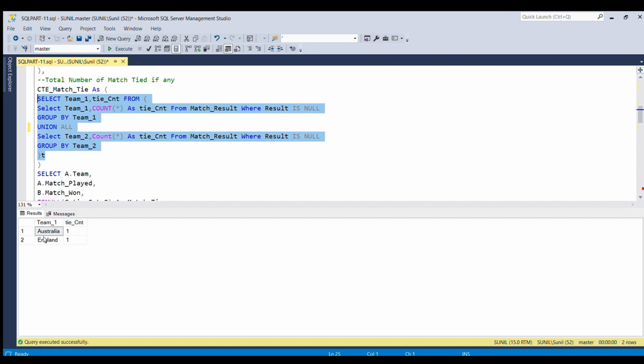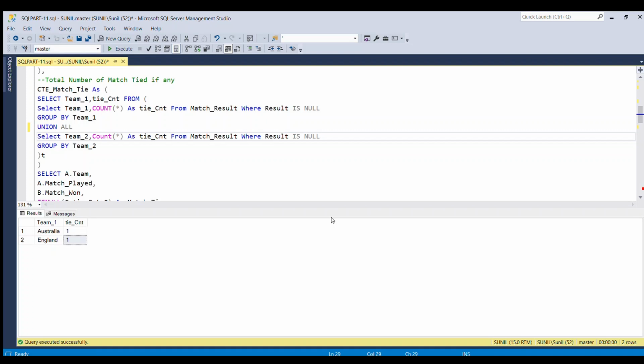So we got 2 teams involved, Australia and England, and the number of times is 1 time. So we got the number of matches tied also. Now only one question is left, the number of matches lost, that we'll see in the end.